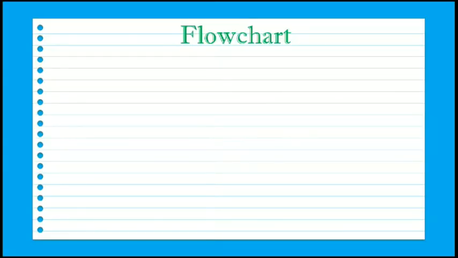So we already know how to create the algorithm. Algorithm is written to solve any given problem which follows step-by-step instructions. Using this algorithm, we can create the flowchart. Flowchart is basically used to represent the algorithm in diagrammatical format. So using algorithm, we can draw flowchart for that algorithm, and it is represented in a picture format.